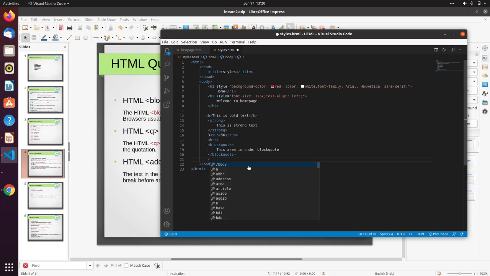Just type q for quotation, small quotation. Here this is small quotation. Just save it and add a line break.